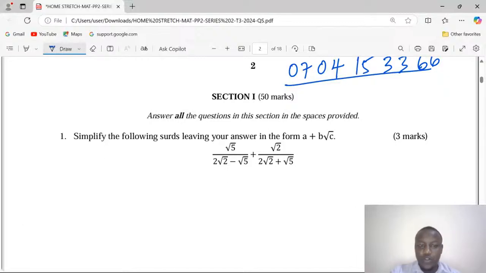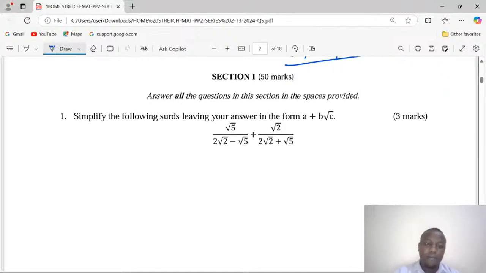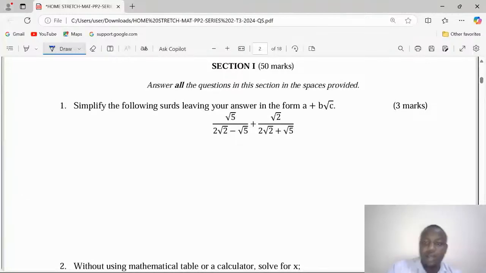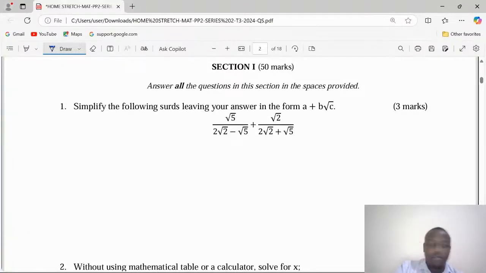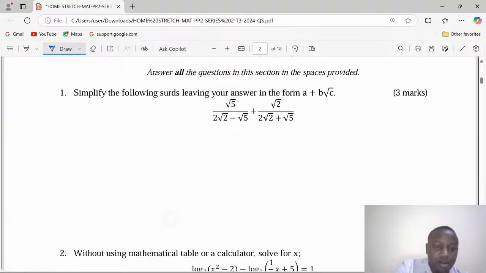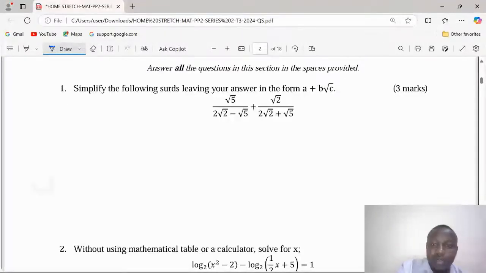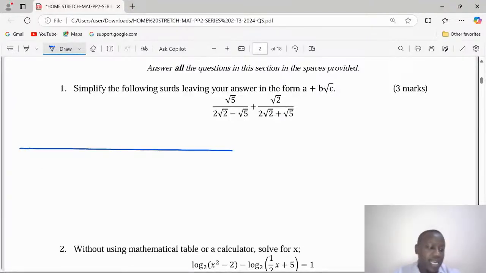Simplify the following surd, leaving your answer in the form a plus b root c, for 3 marks. So surds is a very rich area when it comes to mathematics paper 2, and we're going to give it an approach. Just handle it like any other fraction. Whenever you are doing surds, please handle it just like the ordinary fraction,